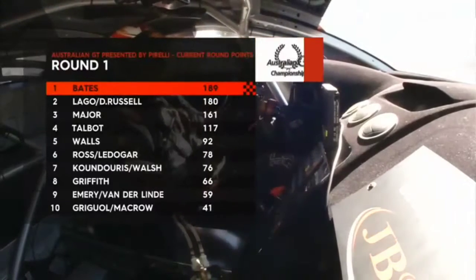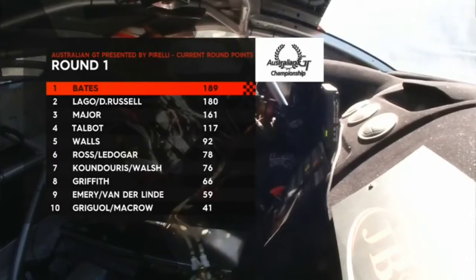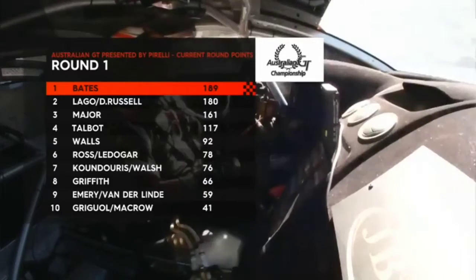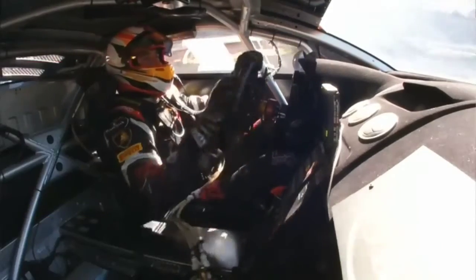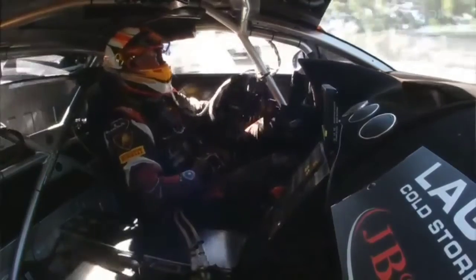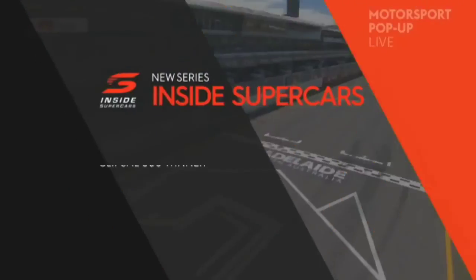For the round, it looks like this. Tony Bates will take the top step. 4th year in a row that he has done that here, whether it be Carrera Cup or in the GTs. Great work. Major getting himself on the podium on debut. That is a huge effort as well. Cameron, thank you very much for your help here this weekend in the Australian GT Championship. Clipsal 500 going off. And